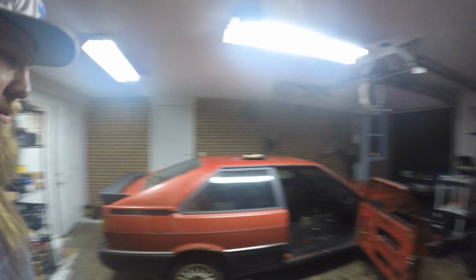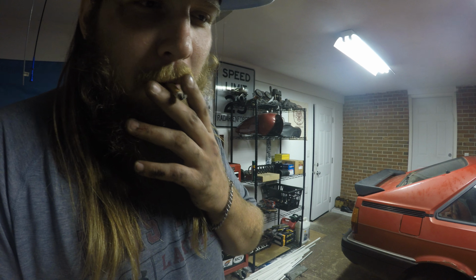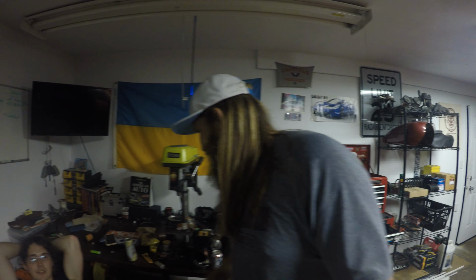As little weight as possible. Obviously, the stock wheels are going to be replaced for probably a set of 16 by 10s or 17 by 10s. And you were going to do a V8 mid-engine, weren't you? No. That would have been...